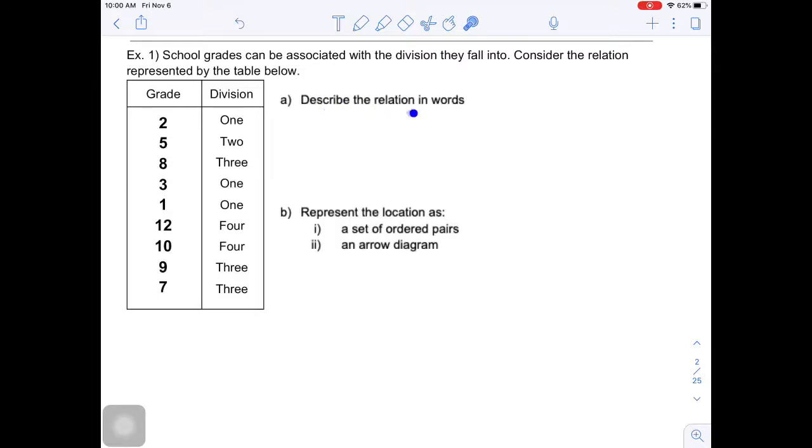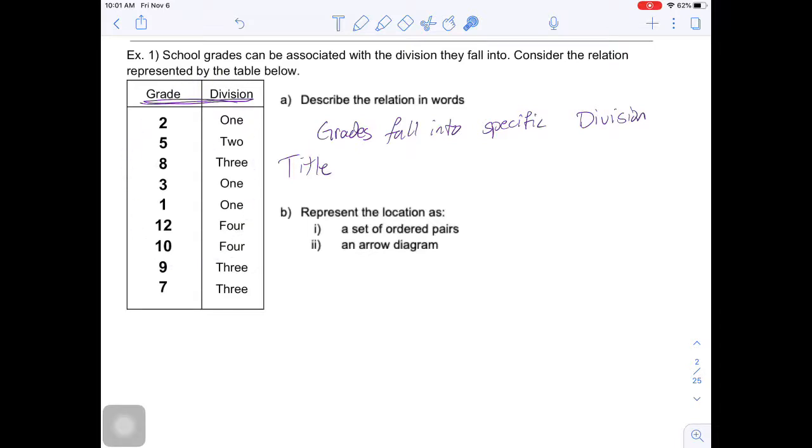We can describe the relation in words. Okay, how do we describe this relation in words? Usually, if they tell you up here, it's almost listed in these types of questions. But to actually describe this relation in words, we would describe it as grades fall into specific divisions. Okay, we could also explain, if we put a title above here,